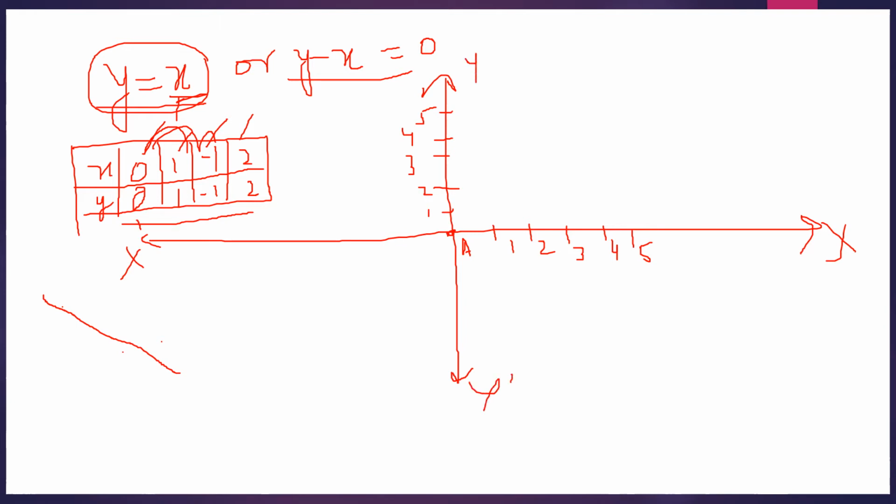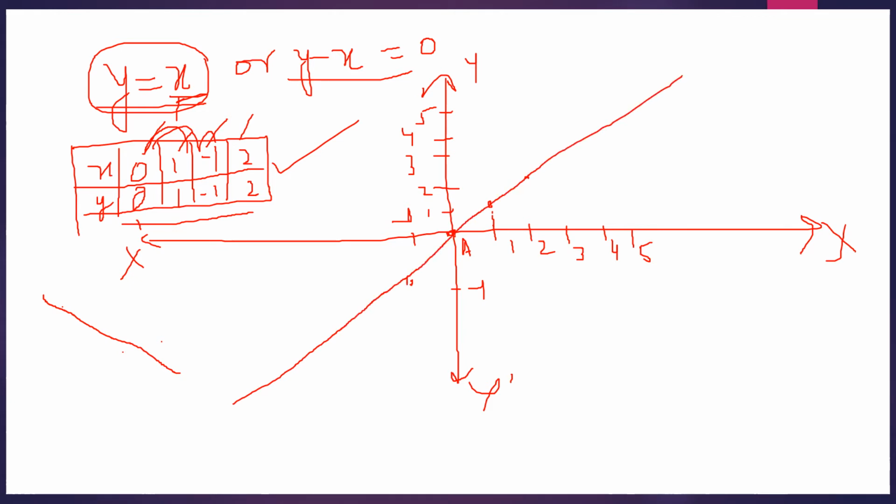Now the first point we have taken on the origin, that is 0 comma 0. Second point is 1 comma 1, that is somewhere here. Okay, this is point B. Third point is minus 1 comma minus 1. So let's mark that also, somewhere here it will come. And the fourth point is 2 comma 2, somewhere here. And you can check now, all these points are coming in a straight line. This is an indication that the solution that we have done is correct, and we are getting a straight line passing through the origin like this.